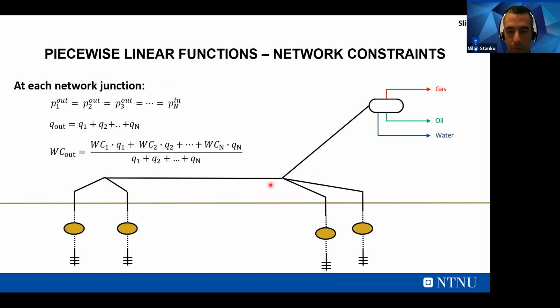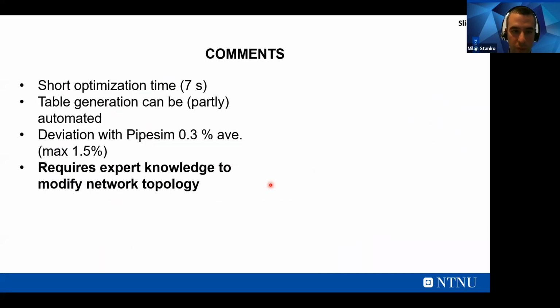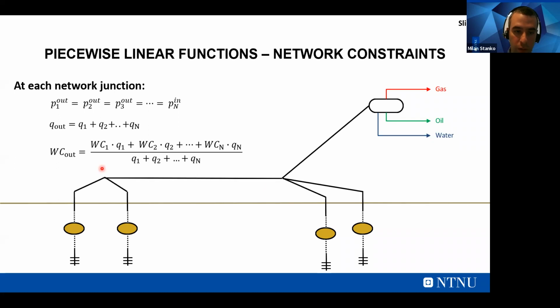You do almost everything manually. You're solving the whole system manually, but you are using this collection of points. The good thing was that the time was significantly reduced. The optimization time was very low. The table generation could be partly automated using this open link, and the deviation was very acceptable. But this requires expert knowledge if you want to modify the network topology, because you have to change